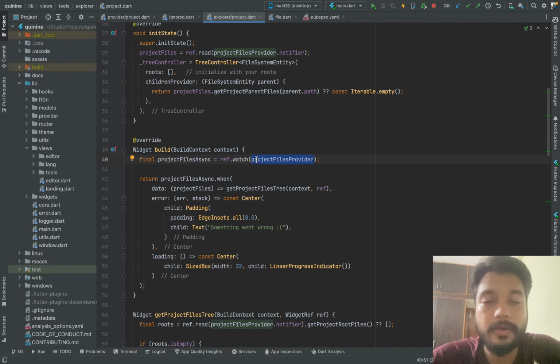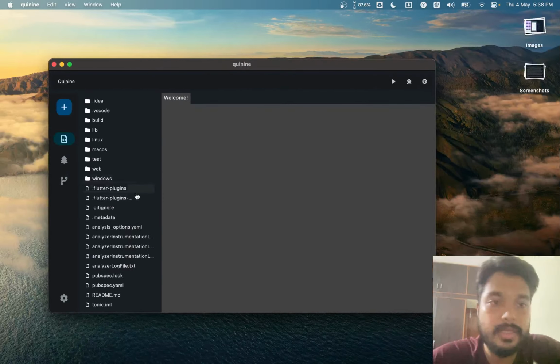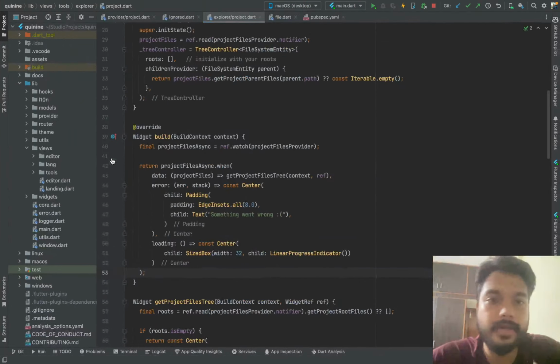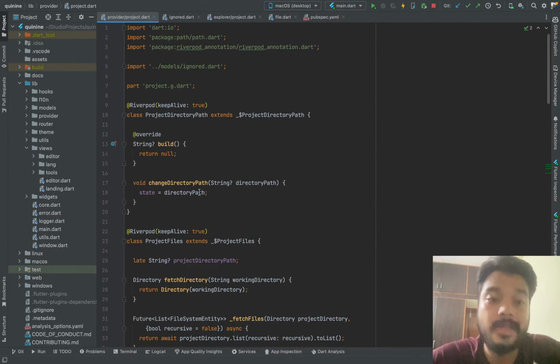And if you observe, in the build method is where I'm actually watching this project files provider with the intention to react to all the changes of these files, right? So that is something we want. So whenever the project directory changes and the files inside it are fetched, we want to quickly show those updated files, right? So even if you see, I have established a dependency between providers, and that's the beauty of Riverpod,